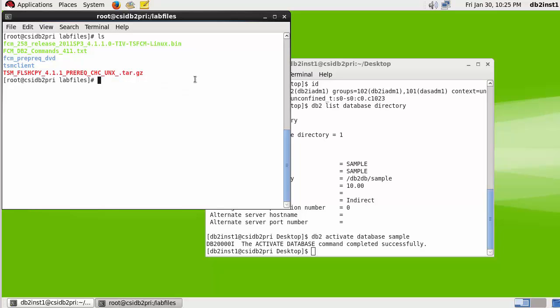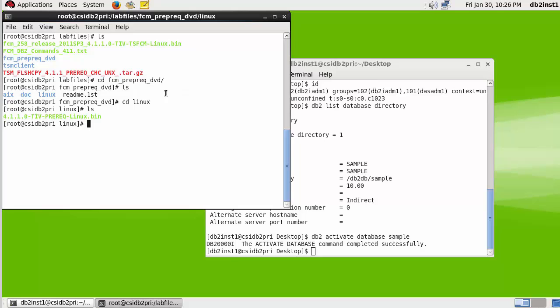This is the prerequisite checker package for FlashCopy Manager 4.1.1. What I'll do is it extracted everything into this FCM_prep_DVD directory. And as you can see, there's an AIX version and a Linux version here. Since we're running on Red Hat, I'm going to go ahead and run the